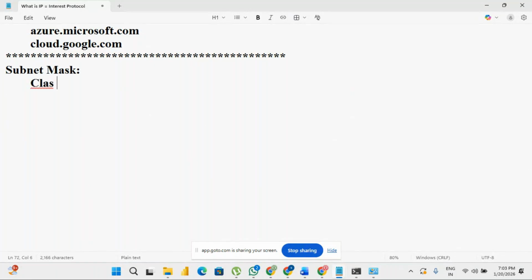Class A subnet mask, class B subnet mask, class C subnet mask. The standard default subnet mask of class A is 255.0.0.0. Any IP address you use, doesn't matter if it's a public IP or private IP, this would be the common default subnet mask of class A. Similarly, for class B,